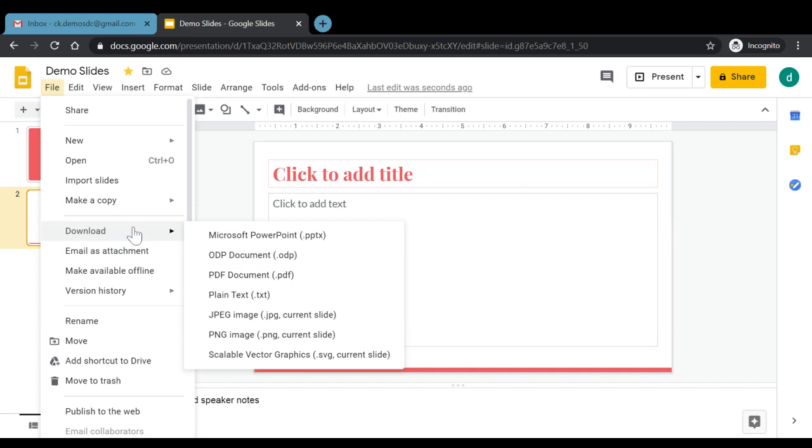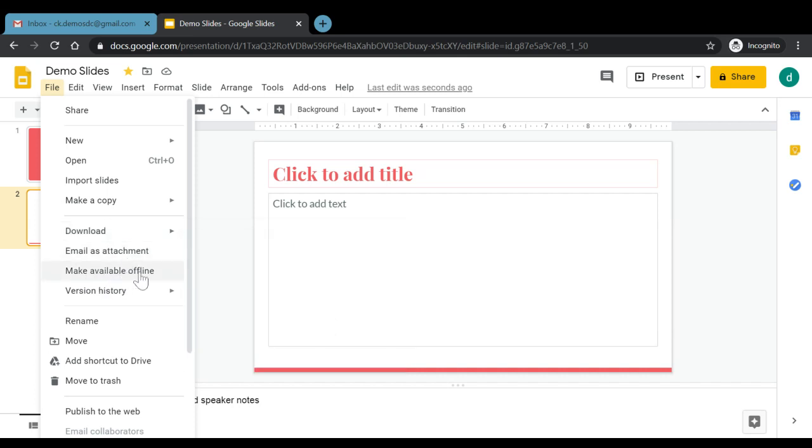And just as we talked about in Google Docs and in Google Sheets, it is also available in an offline version. That is, we can have an extension of Google Slides on our Chrome, and it can be worked upon even when we are not connected to the internet. We just need to click here and follow the instructions as given by Google to us, and we'll be good to go.